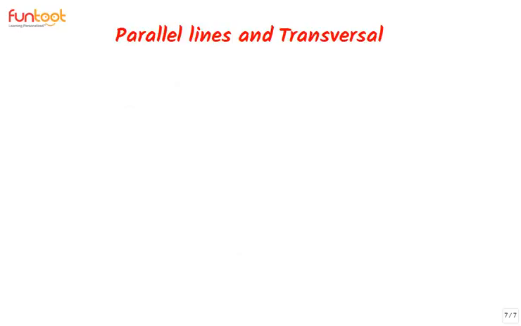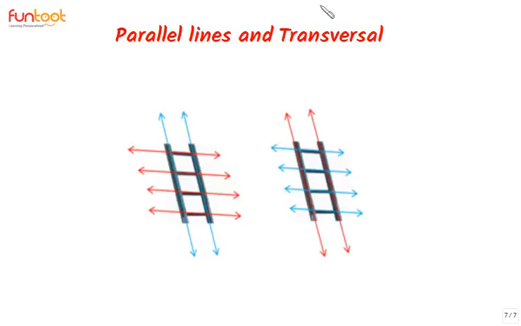Now let's see how to identify transversals. Here we have a ladder. In a ladder, vertical members are called stiles and they connect the horizontal members called the steps to form a ladder. If we consider the vertical members, that means the stiles, as the transversals, which are represented by blue lines,